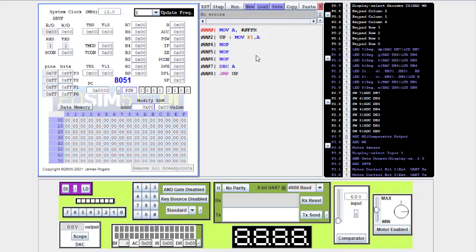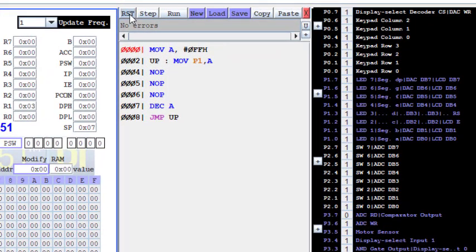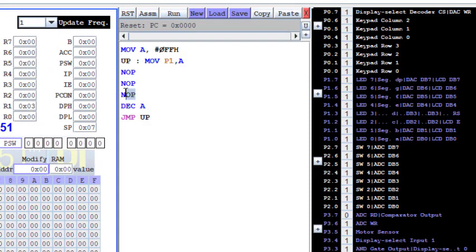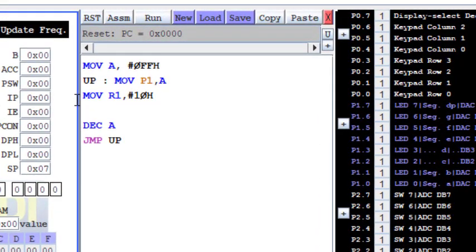Now let us see another way of doing the same program. So I reset the program. I remove this NOP. We can even use a register to generate the delay. So I take register R1 and load some data. Let me load data 10H. Then I give the instruction DJNZ, which means decrement and jump if not 0.